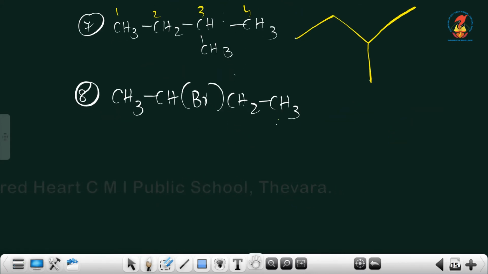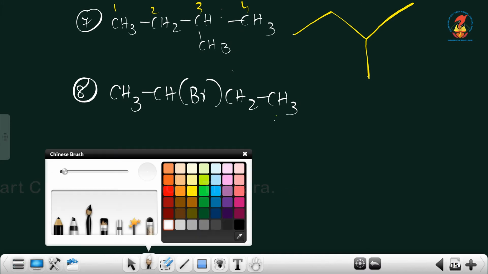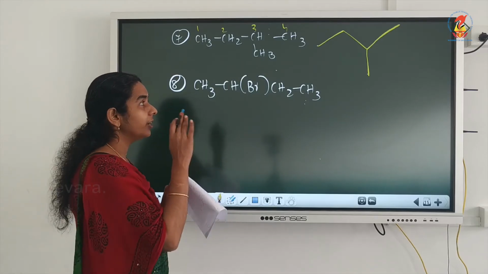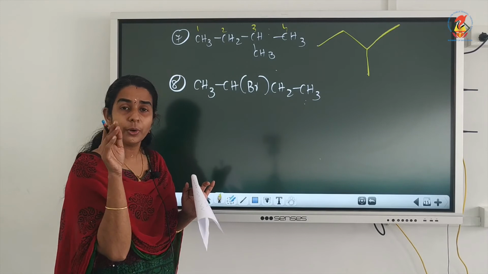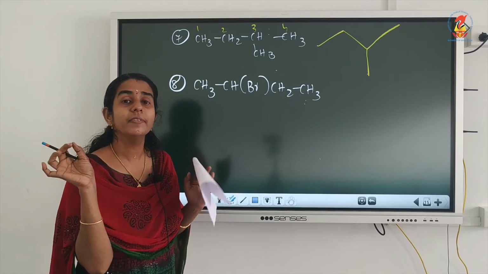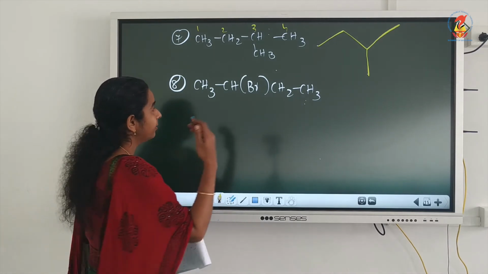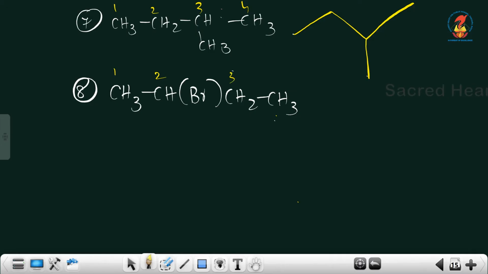how we can draw this bond line representation. So here also, if you don't want to miss any carbon atom, if we are not drawing one bend, that means one carbon will be less. So to draw the exact number of carbon atoms, simply give numbers 1, 2, 3, 4, because we need to give numbers only for carbon atoms.